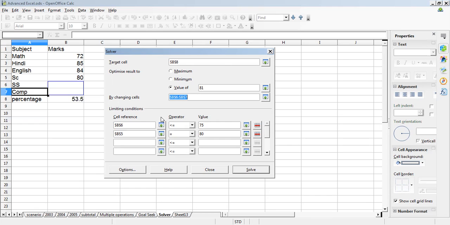Now for the cell reference, because I know that in SS I can score a maximum of 75 marks, I am taking this cell address and then choosing the operator: less than or equal to 75, because I can't go above 75. So I am fixing this value, limiting the condition on this cell, and putting 75 marks.